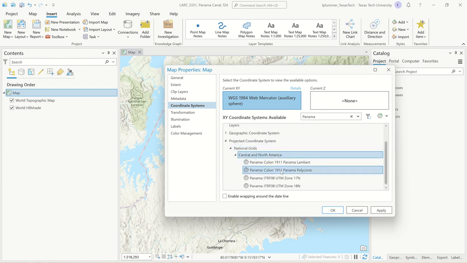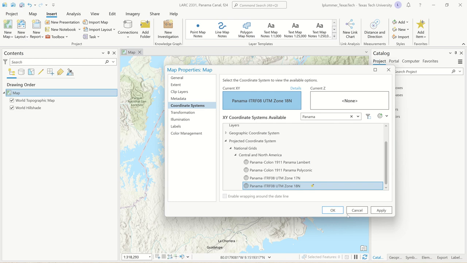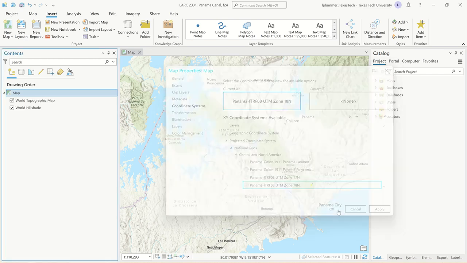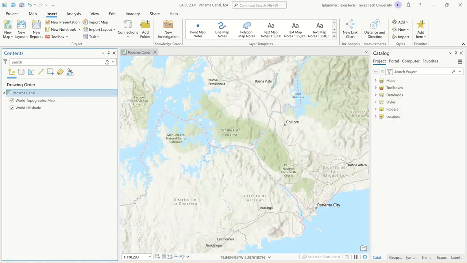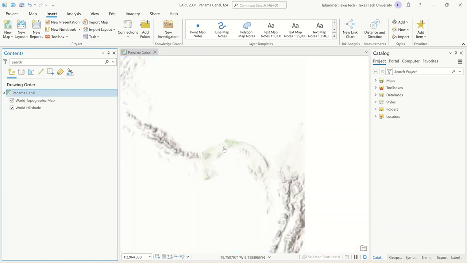All right. I wouldn't pick a 1911 if you're overseas. These UTM zones are great. Panama's pretty small, so I'm just going to go with the 18 and click OK. All right, so let me do that again for you guys, because setting up your projection is going to be